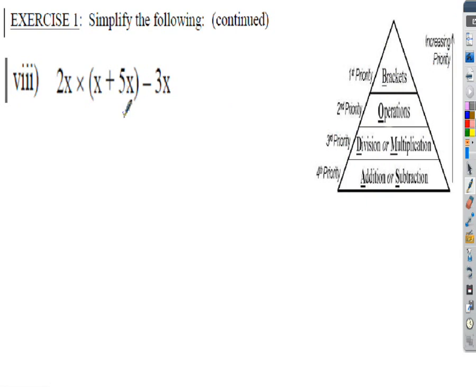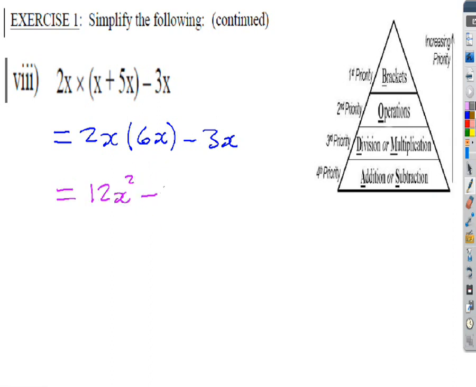Exercise 1, part 8, we're asked to simplify the following expression of 2x multiplied by, in brackets, x plus 5x, and we're subtracting 3x. Looking at our precedence here, the precedence lies with the bracket. So simplifying, we'll have 2x multiplied by, inside the bracket, x plus 5x is 6x, and we're subtracting 3x. Precedence now lies with the multiplication here. So on the next line we will have 2x multiplied by 6x is 12x squared from our first law of indices, and we're subtracting 3x from